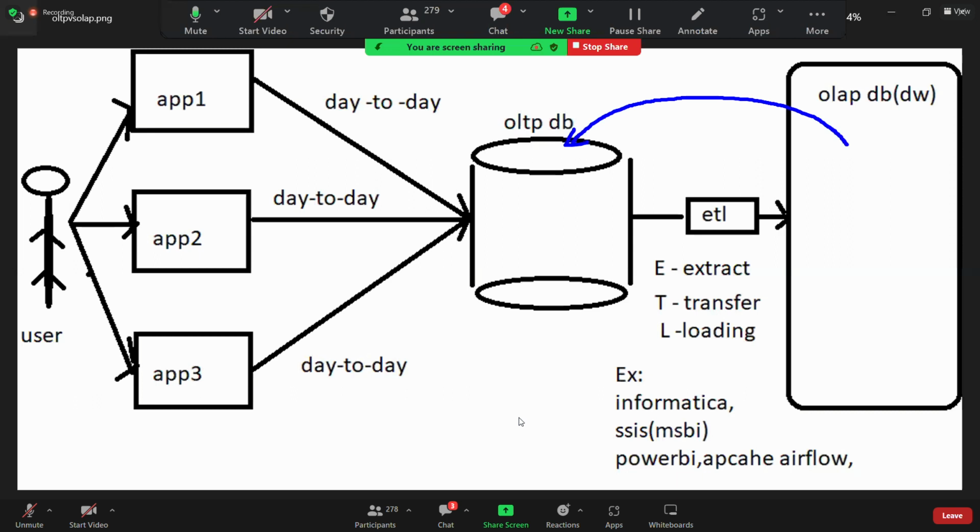And the OLTP data source we called what now? Applications. And these applications are used by whom? End users. The end users can use different types of applications: app 1, app 2, app 3. But through any application, whatever transactions you do, every transaction's information will come out and stay in the OLTP